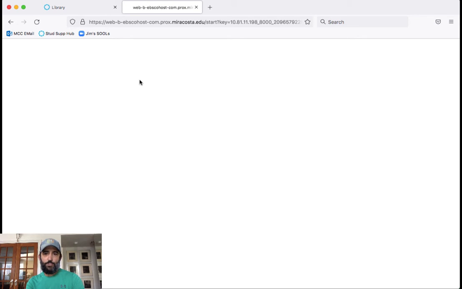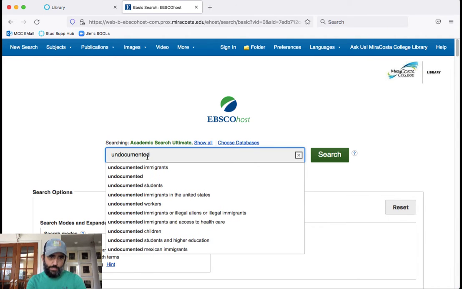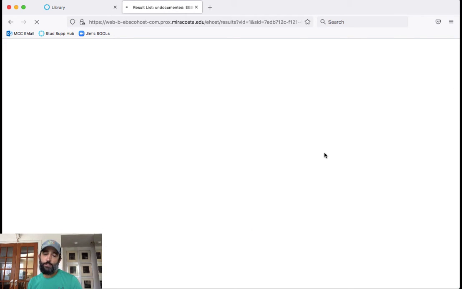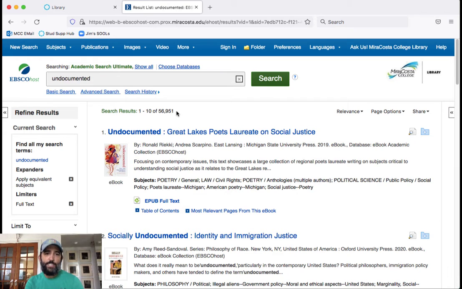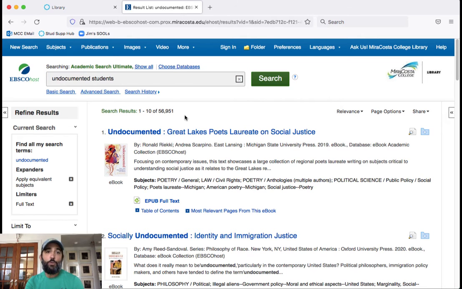So the idea behind searching in library databases is, again, not to type in your whole research question, but rather to represent your topic in a few words. So if I type in the word undocumented, let me just show you for fun how many results we get. A lot, I'm sure. 56,951. So let's add the word students, and let's see how many fewer we get. So by adding one word, we get down to